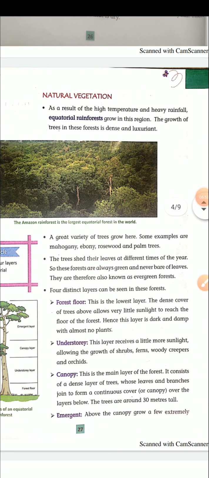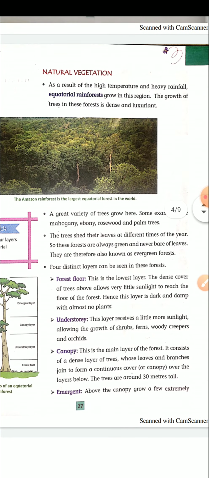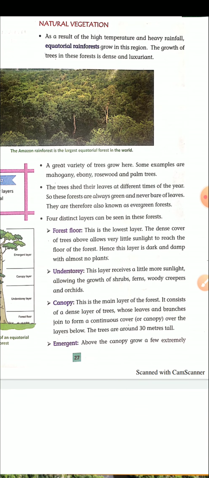Second, natural vegetation. As a result of high temperature and heavy rainfall in this area, equatorial rainforests grow in this region. The growth of trees in the forest is dense and luxuriant. A great variety of trees grow here, for example ebony, rosewood, palm tree, mahogany.